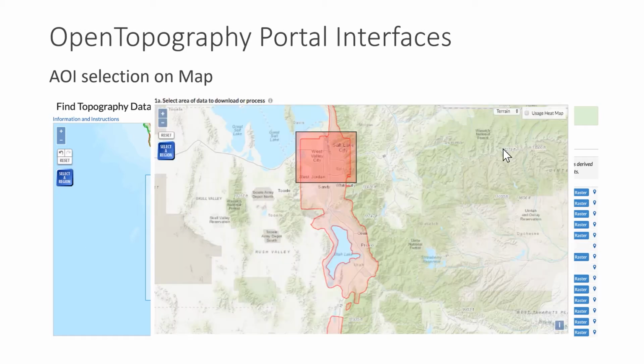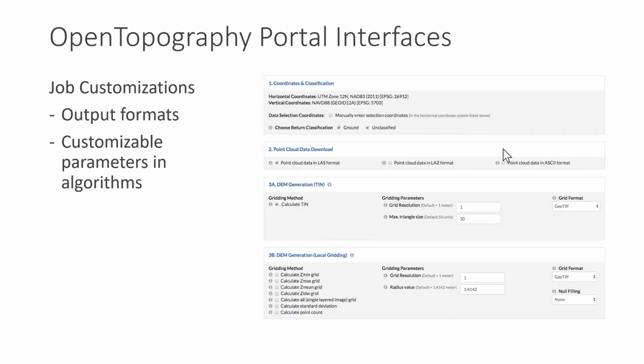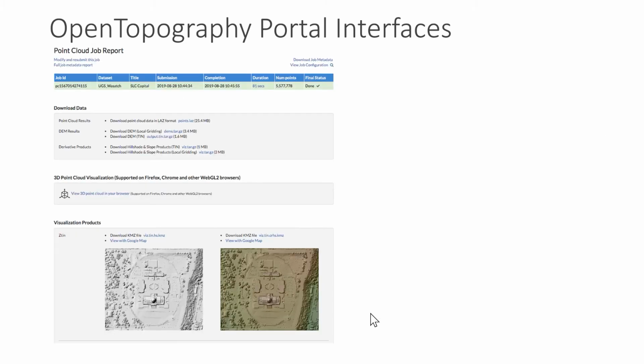Here we're zooming into the Wasatch Front in the U.S. city of Salt Lake, and we can carefully pick through and identify data formats and computational parameters, for example, how to make the digital elevation model, customize these settings, and then have an output that you can keep track of through My OpenTopo. This will also include browsable products like these hill shades and colored hill shades, but also